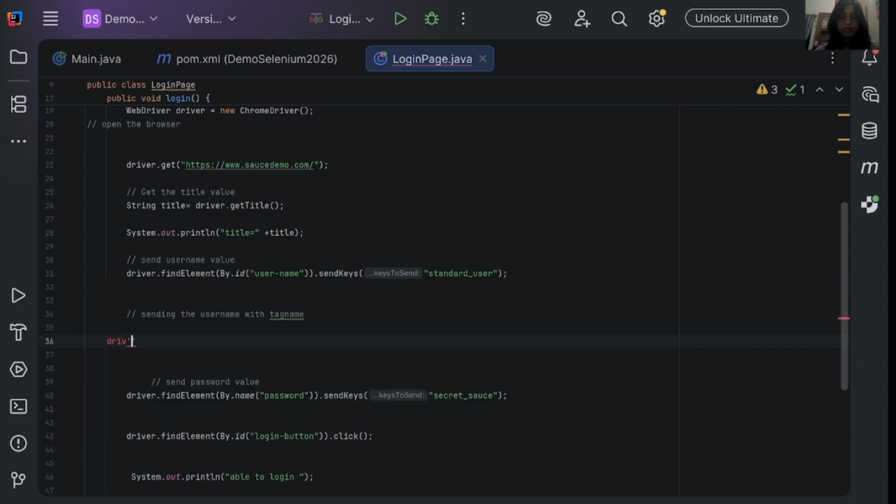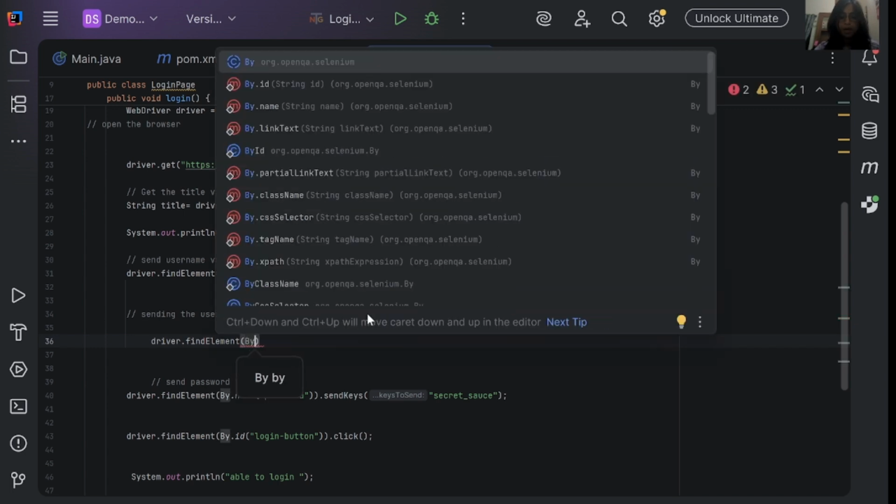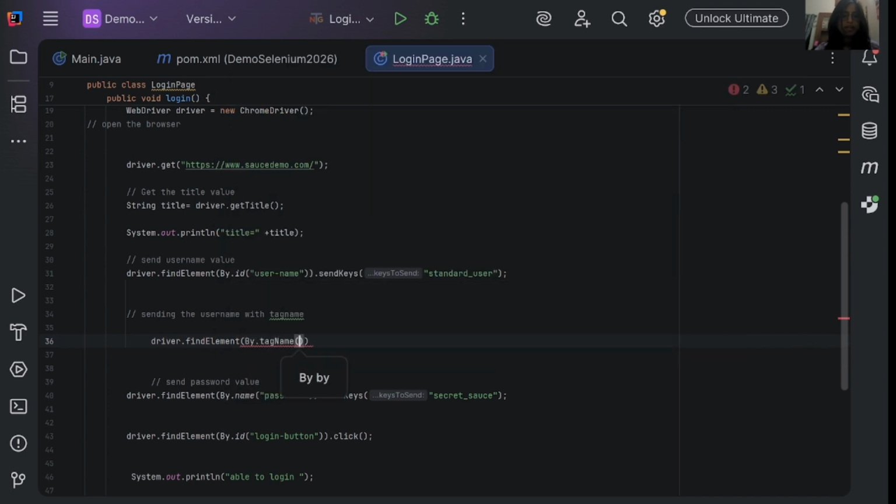So driver dot find element, by dot, here we have to use the tag name. And what will be the tag name?